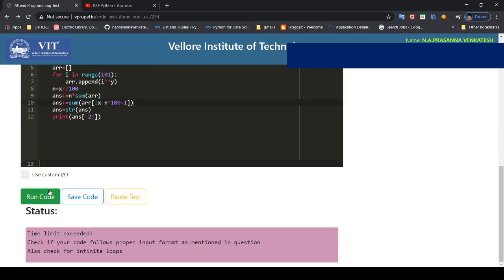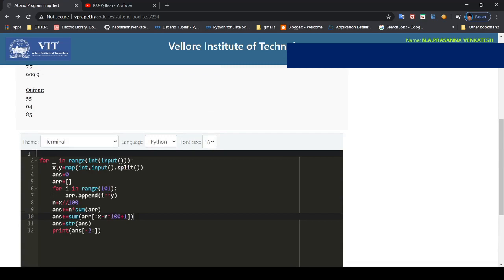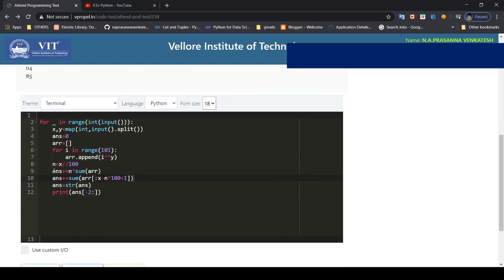We do this, we'll just run it, and yeah, boom, again time limit exceeded. So there are no infinite loops over here. Actually after this I spent some 4 or 5 hours on this. And you see that in the for loop there is no x or y here, and this looks fine, right? The problem is this part, I to the power y. Even if I is less than 100, this y can be up to 10 power 16, which makes the big problem, right? So that is what makes the problem, and we need to optimize that.